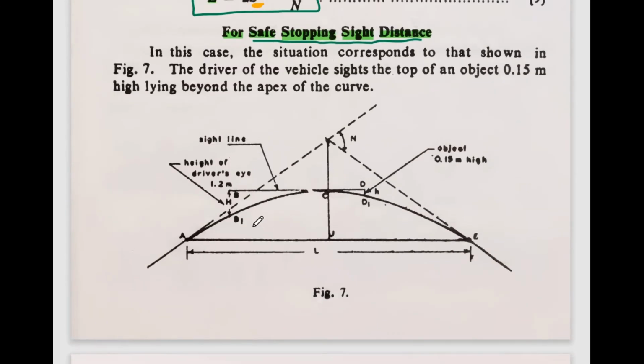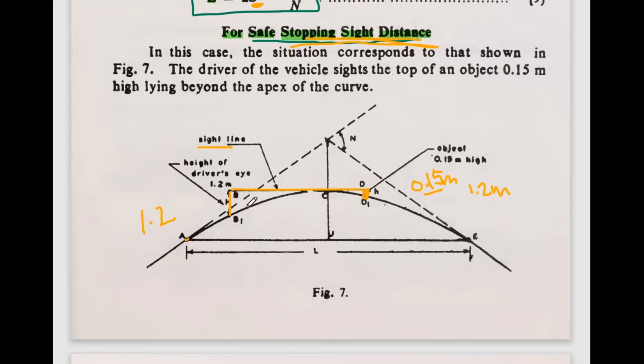Okay, with the help of the figure, we will try to understand this. In the last figure, I said that this value was 1.2, and this was the height of the observer for overtaking especially. This value was 1.2, but since it is the stopping sight distance, the criteria for the stopping sight distance itself is that 0.15 will be the height of the object. So here this height will be 0.15. So this is the sight line for the safe stopping distance.